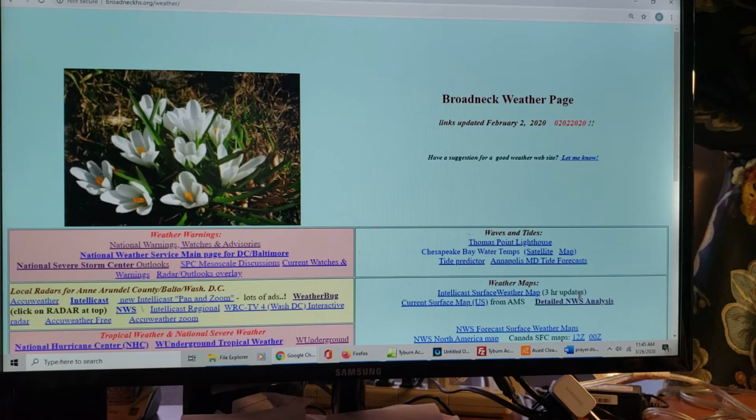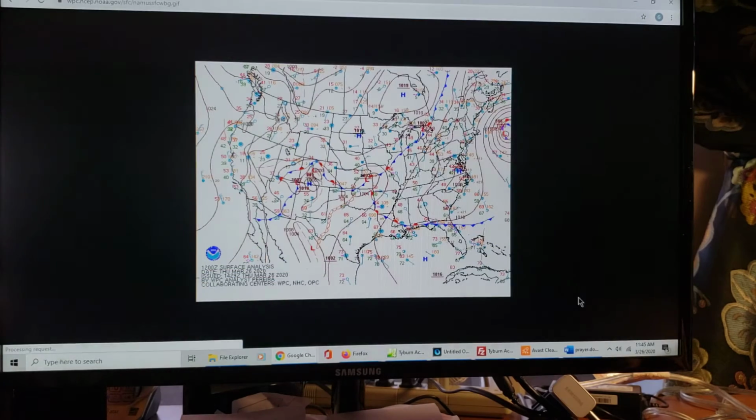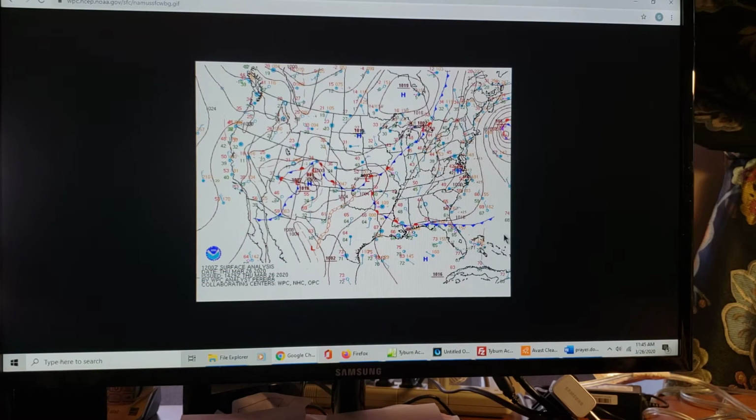And we would start out our briefing by looking at the surface analysis. Surface analysis is just a representation of the weather ongoing at the surface, which is just one part of the weather. But on this map, we can see a low pressure system off the east coast, a fairly intense low with that number of isobars wrapped around it. It's not coming toward us, it's moving out toward the northeast. If that had been a little bit closer, we would have gotten some snow in New York State yesterday from that. They did in the eastern part of the state.